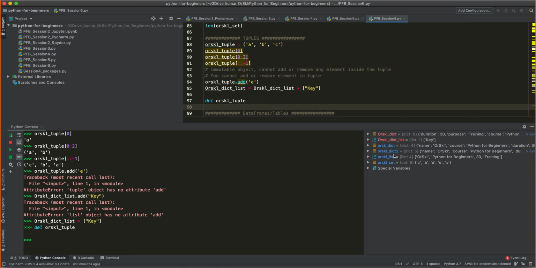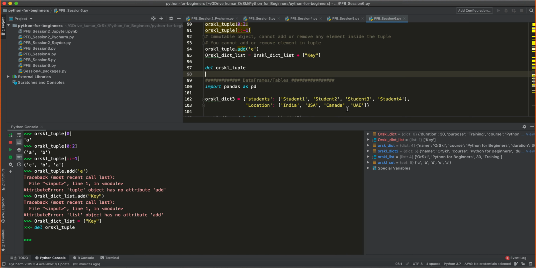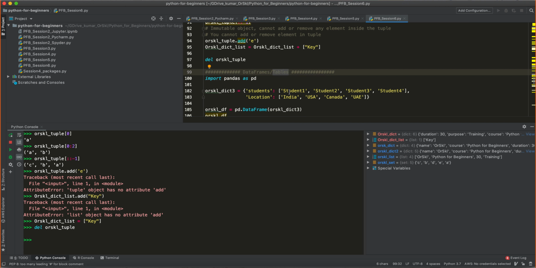And finally, and very importantly, the last data structure for you is called data frames, or tabular structure. To use the tabular structure of data, a very important package that will stick with you for the lifetime if you are into data analytics, data science, ML, or if you want to become a business analyst, is pandas. I'm saying import pandas as pd. That means I'm just naming pandas as pd on my Python kernel. That's it, I'm renaming it.